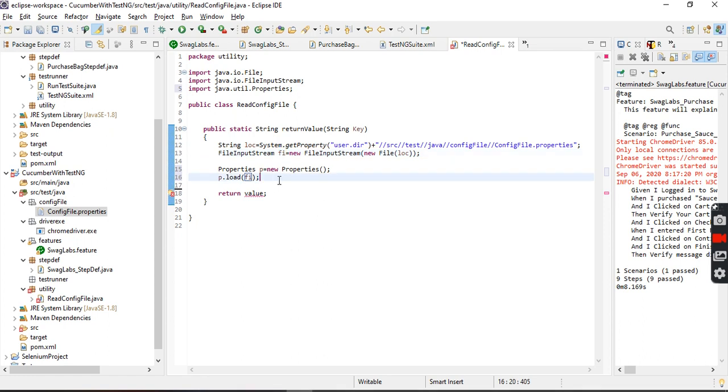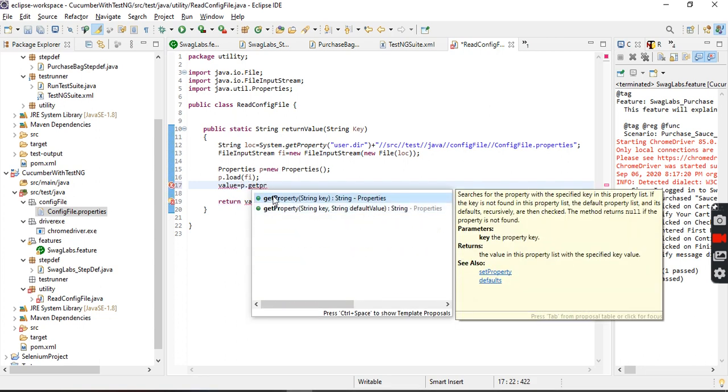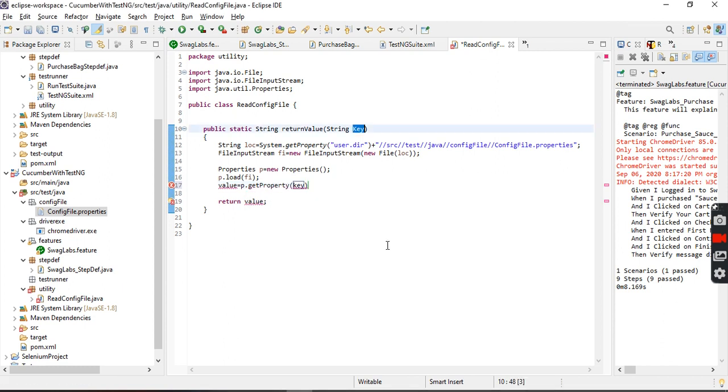We need to pass it here. Okay, now the property fields are read. How to get the value? Simple. Value is equal to p.getProperty of the key. What is the key? This is the one here. So this value will be returned.